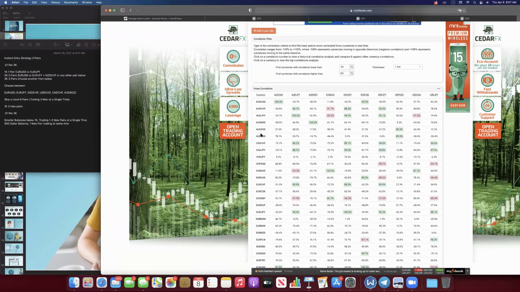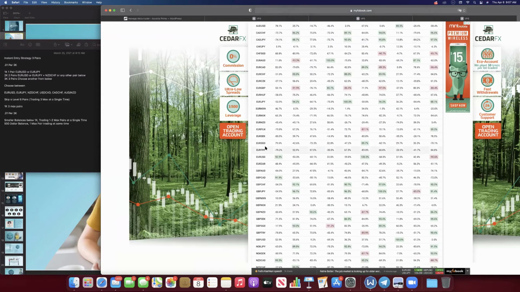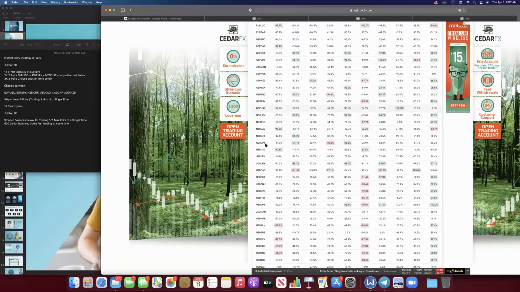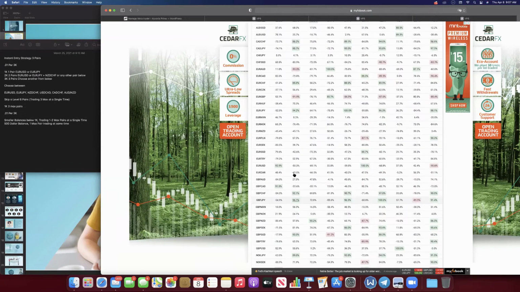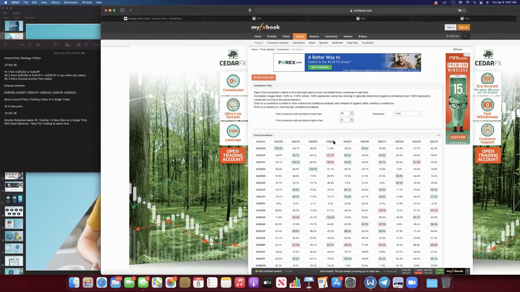But then let's come down and let's also look at, say, USD CAD. Where are you at? USD CAD's here. All right, an 87% and negative 91. What do we have in those 2 slots here? AJ and Euro ED. Okay, perfect. Well, we know that we're not doing this. So we're good. Let's go into CAD CHF.